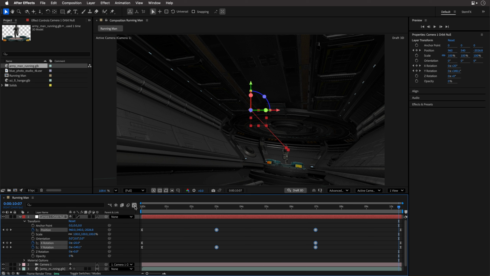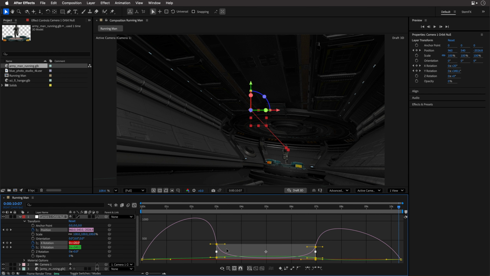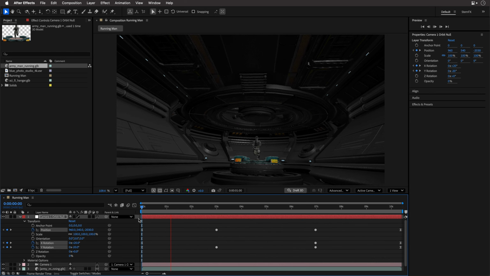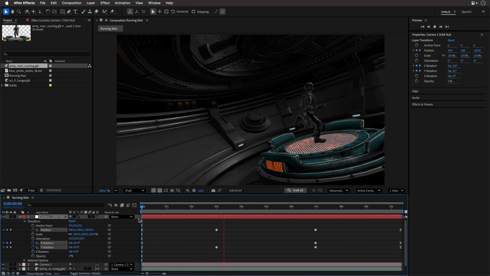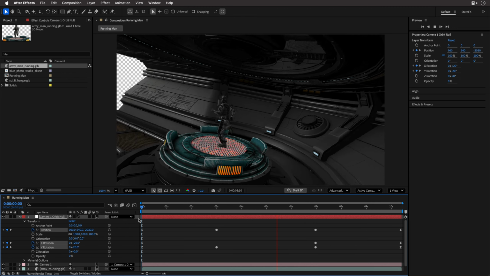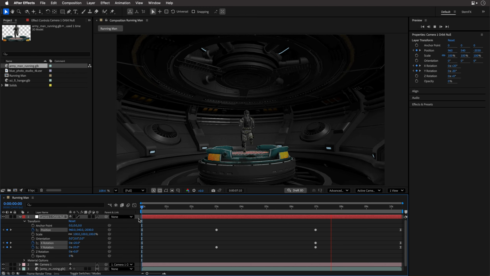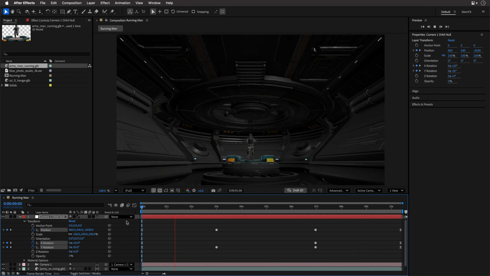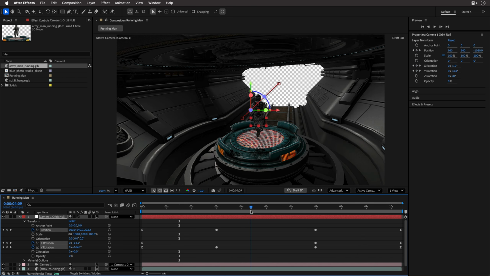And again, let me show it to you first in the graph editor. Now we have smooth graphs. So the motion is also going to be smooth. It's not going to be linear. It's just not going to stop. So we'll have continuous motion from the beginning until the end. So nice. Excellent. All right, now we are ready to solve the problem over here when we are actually seeing the backside